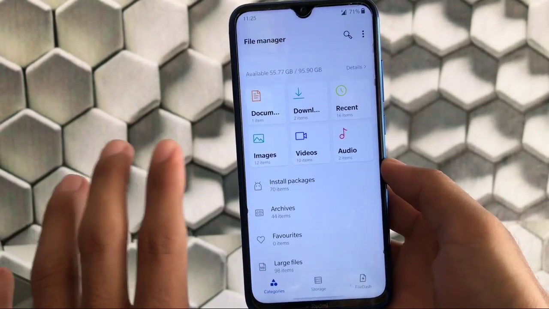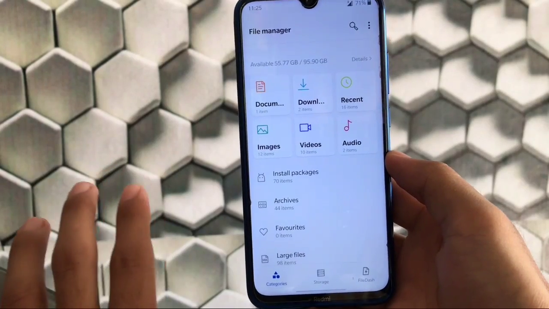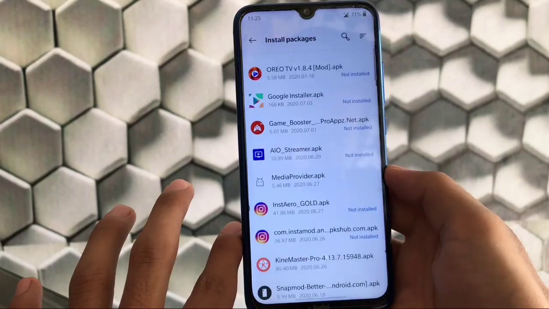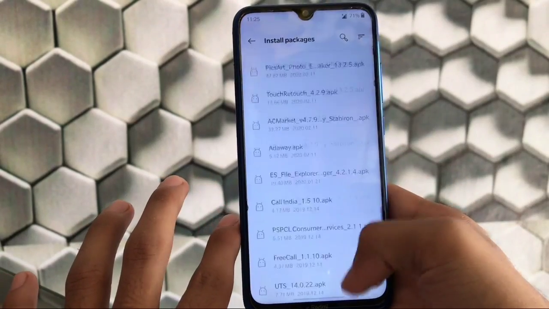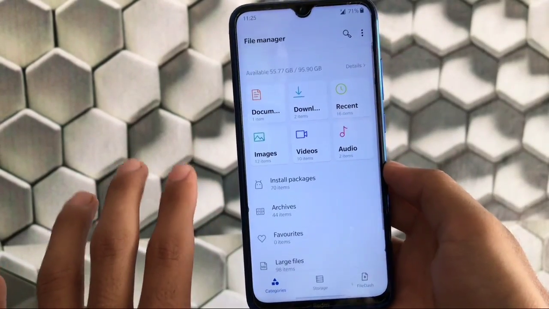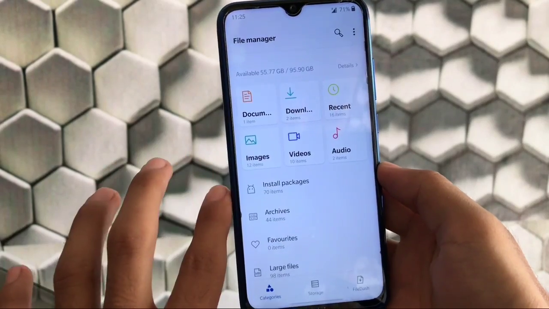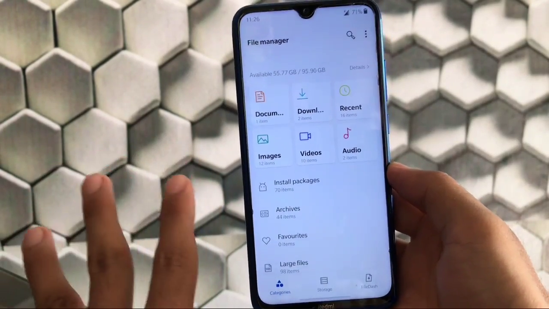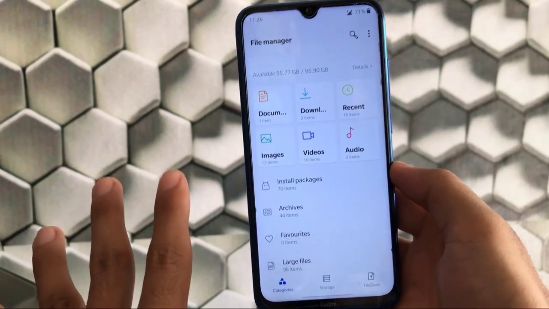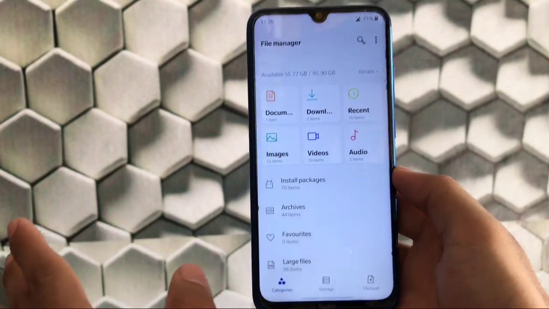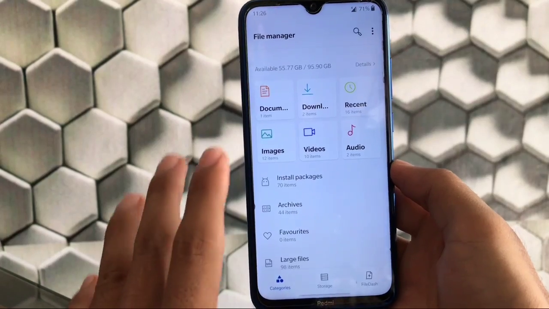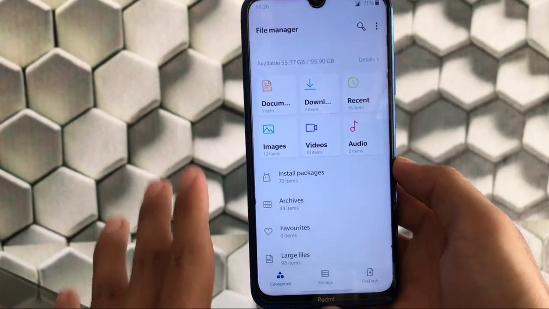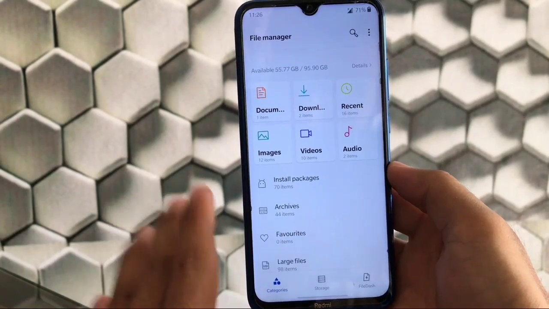Okay, so if you are noticing in the file manager, the default file manager is detecting my SD card storage. When you go to install package, we have these things I already have there, and these apps are available in my SD card. Images, videos, audio, everything, which means SD card media is readable. This is not readable by default. You just have to use a fix. I'll provide you the fix link in the description. Download that fix and use it. Then you'll be able to use the SD card fix also. This is also a fixed thing, so you can use that one also.